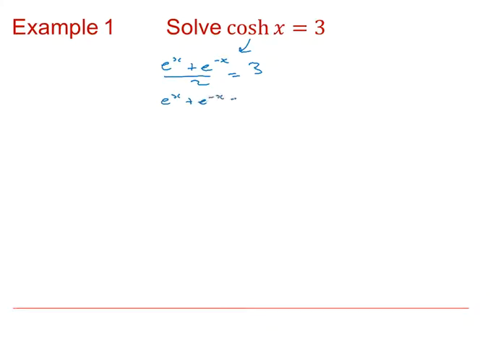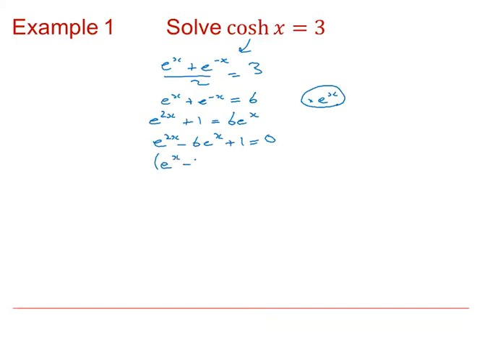So a little bit of rearranging. You may have seen equations like this before, but if you haven't, there's a very neat way of dealing with this, and if we multiply all the way through by e to the x and see what we get. Now hopefully you can see that this is a quadratic in e to the x. So if I put everything on one side and make it a little bit clearer, so we have a quadratic in e to the x, and I can solve this now, for example, by completing the square. So e to the x minus 3 all squared minus 8 is 0,